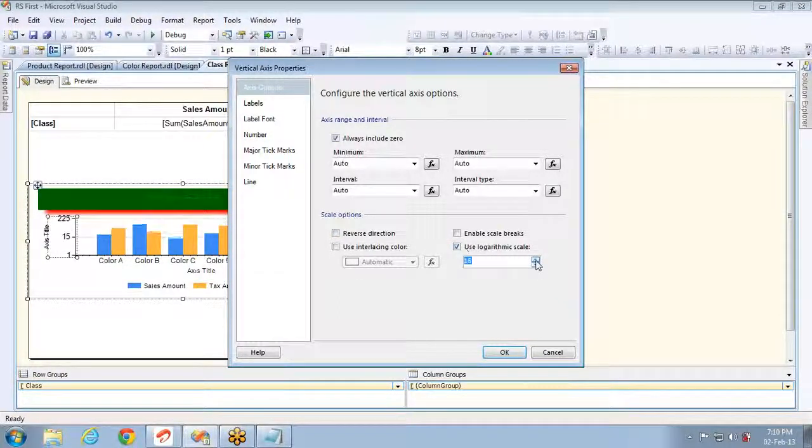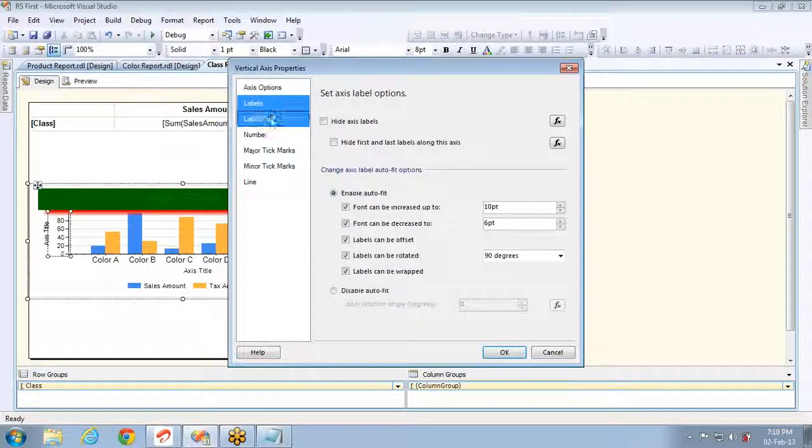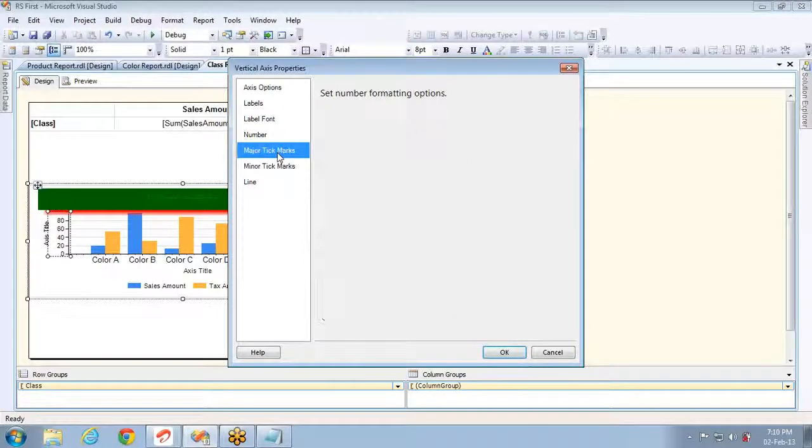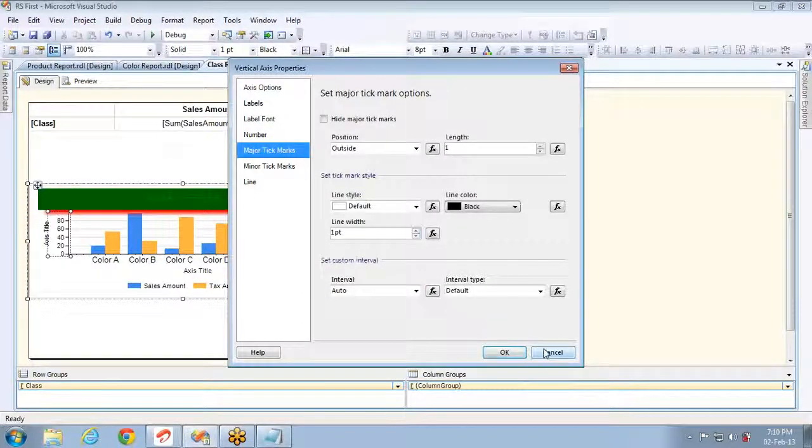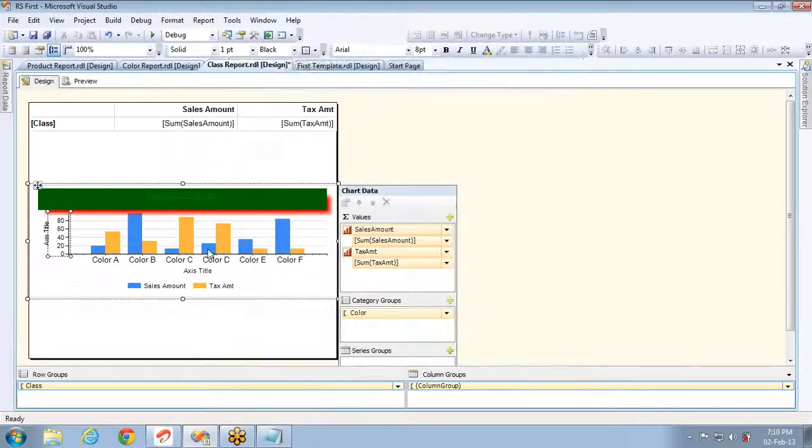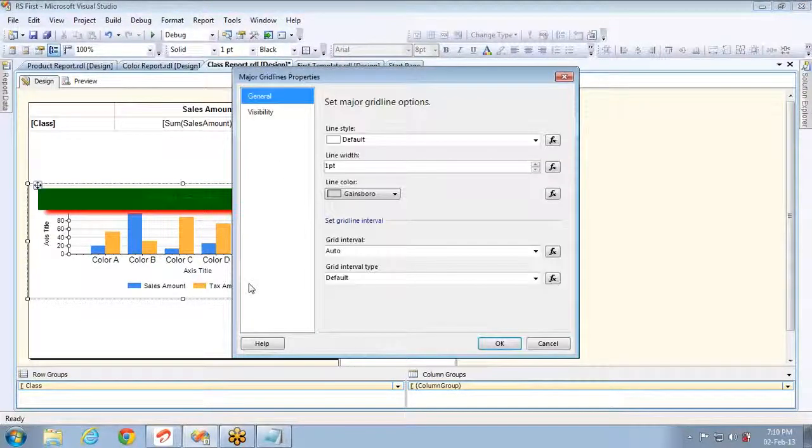And let's say if I set some logarithmic scale to 35, it will show like this. So I'm poor in logarithms and mathematics, so let me keep this one aside. And the labels, label font, numbers and everything will remain the same for this horizontal and vertical axis. And the next thing we have to see is chart area. Major grid lines, you can see the grid lines, right? Horizontal grid lines. You can set some properties for the grid lines too.